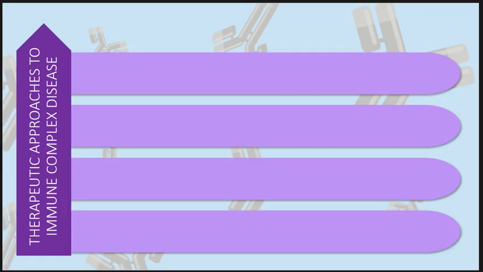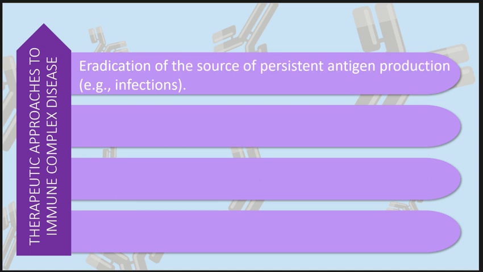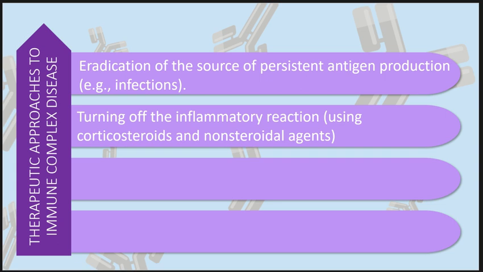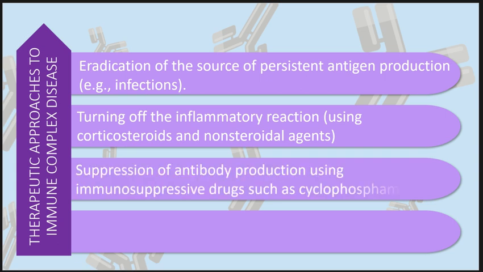There are four therapeutic approaches to immune complex diseases. They are: first, the eradication of the source of persistent antigen production. Second is turning off the inflammatory reaction using corticosteroids and non-steroidal agents. Third is the suppression of antibody production using immunosuppressive drugs such as